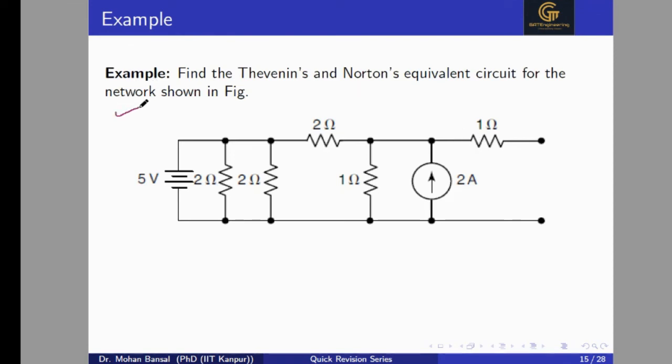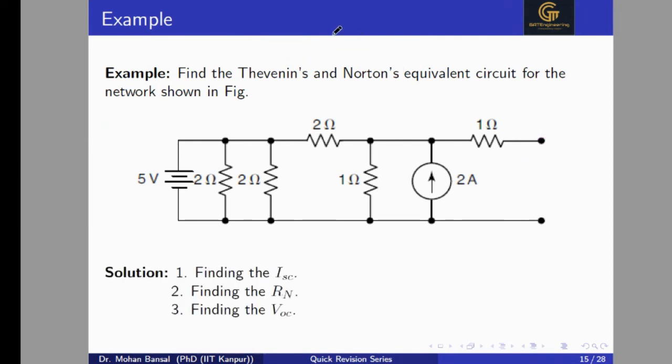Now this is the example. We are going to solve this problem for computation of the Thevenin's theorem and Norton's theorem, and we'll draw the Thevenin's equivalent circuit and Norton equivalent circuit for this problem. So you understand it very carefully. For solving the Thevenin's theorem, we require VTH and RTH. For solving the Norton's theorem, we require IN and RN. Here we have to compute the VTH, RTH, and IN across these two terminals. Consider this is A, this is B. So we have to compute three things, and you know RTH is nothing but equal to RN.